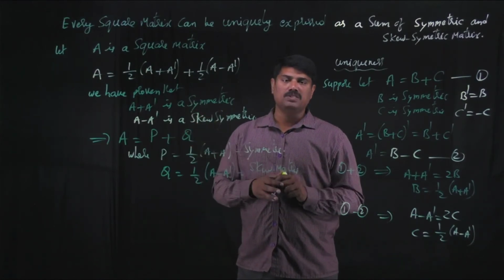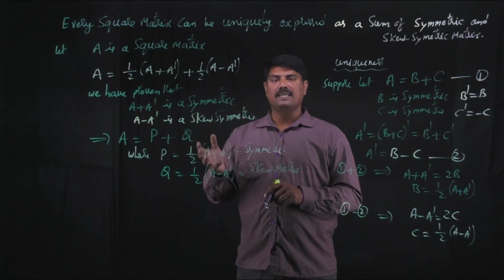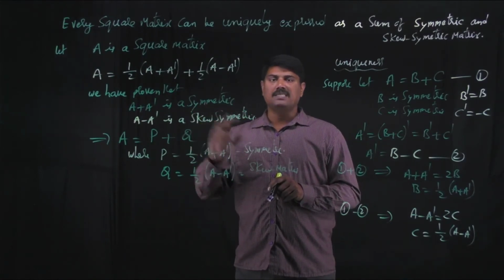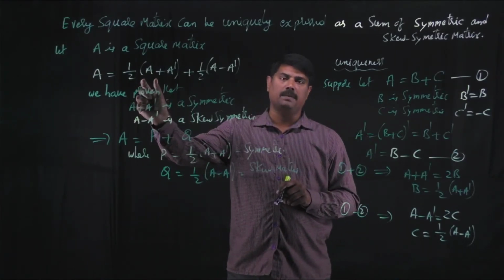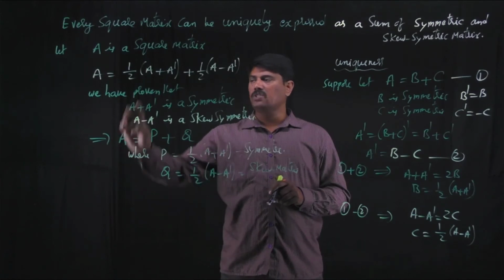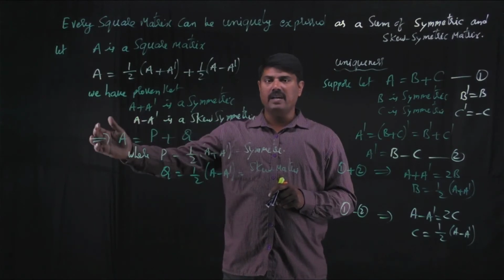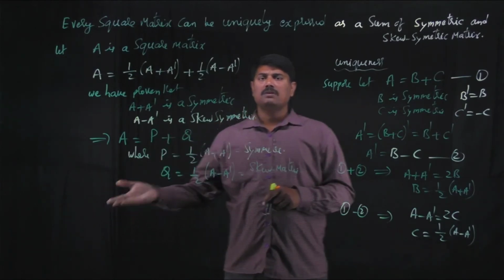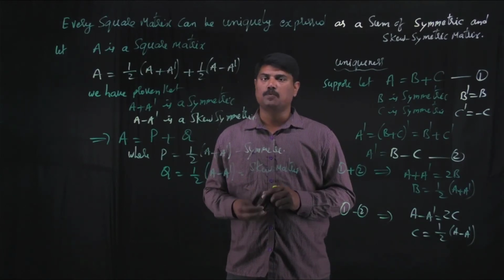You may be asked the question in an objective manner. You are given one matrix A and they say it can be expressed as a sum of a symmetric and skew symmetric matrix. They will ask what that symmetric and that skew symmetric matrix is. If they ask about symmetric, that will be half into A plus A dash. For given A, find its transpose, add these two, and divide every element by 2, and you will obtain that matrix. If they ask about skew symmetric, for given A, find A dash, subtract these two and then divide each element by 2, and you can come to that skew symmetric matrix. So this is the concept related to the transpose of the matrix.